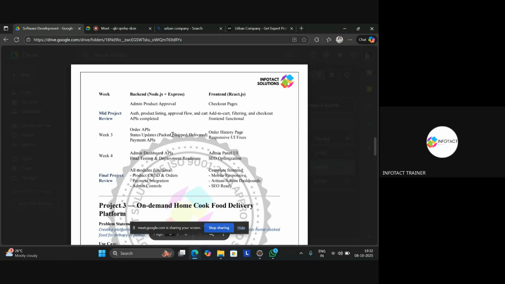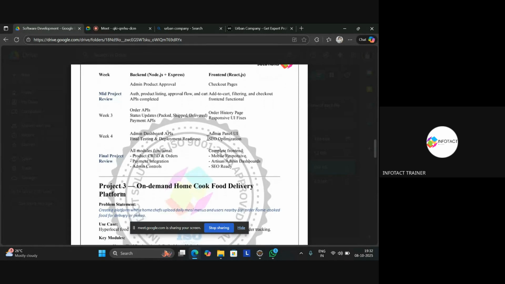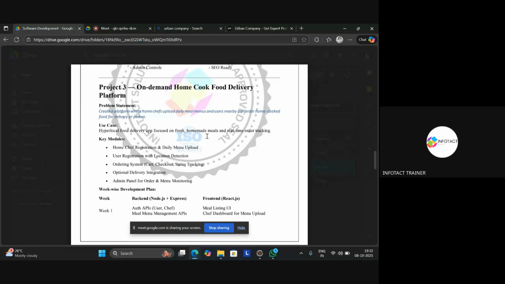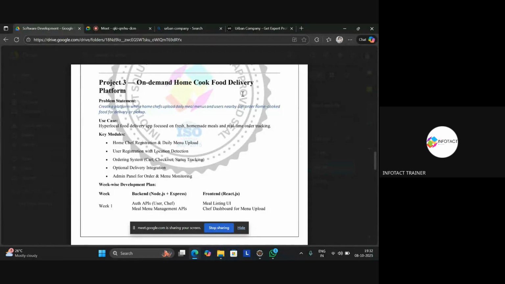Then comes the admin approval and checkout pages. After that come the order APIs, and then the status updates, that is packed, shipped, and delivered. And the same, the payment APIs. Then comes the on-demand home-cooked food delivery. The same goes with the food delivery as well. Whichever chef is present in a particular location can register to your website, right? With the role of being